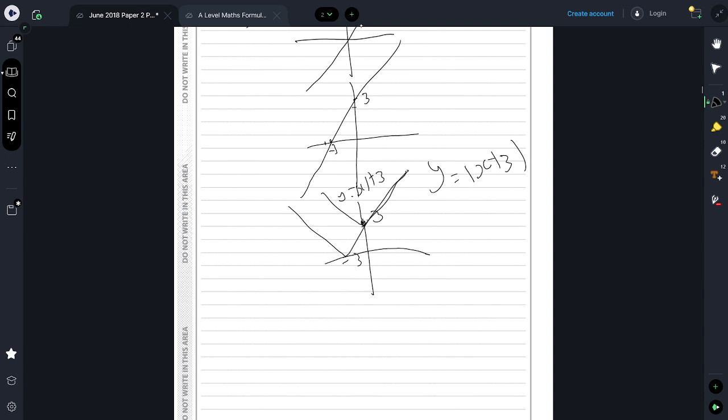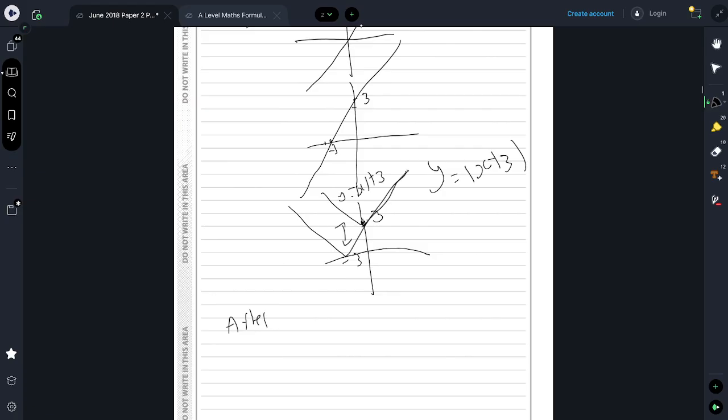However, on the left, the gradient is 1, so there's going to be a difference of 1 between them at every point on the left. So mod x plus 3 here, this part of the graph will always be strictly above mod x plus 3 here. So actually what we can conclude is